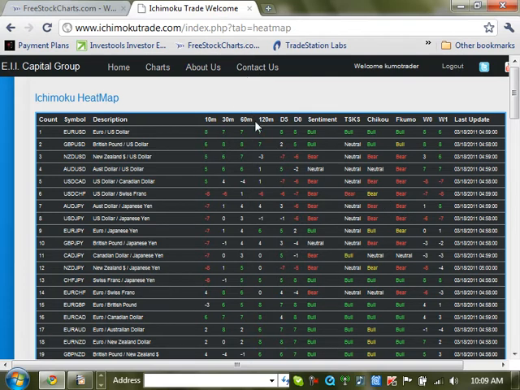Here you have all the different time frames. D5 basically means from 5 days ago. D0 is the current daily rating. These are the 4 Ichimoku values according to the Ichimoku ratings for the daily system. W1 is from 1 week ago. So we're going to go through here and look at these currency pairs and start looking